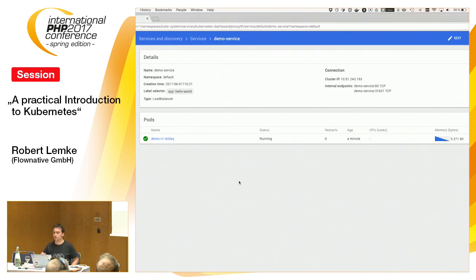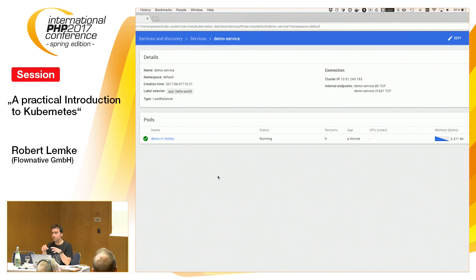And that is called a service endpoint, which means, okay, if I would ask that service now with the internal IP address 10.51.243.193 on port 80, it will actually get that traffic to my container which is running, because it matches here.